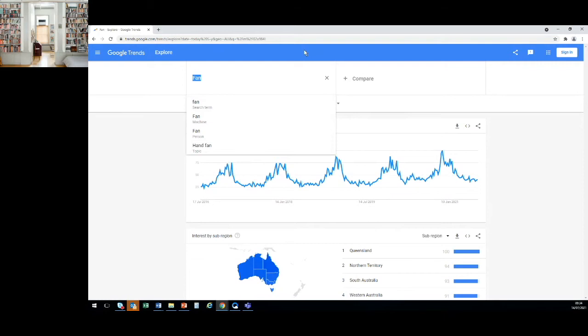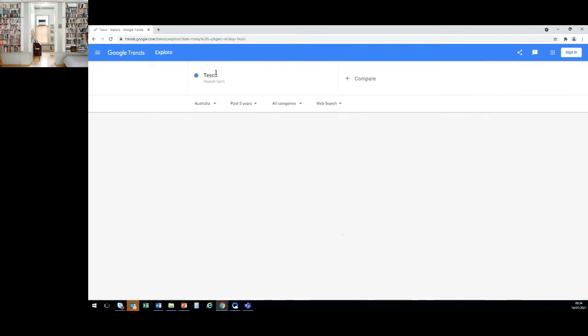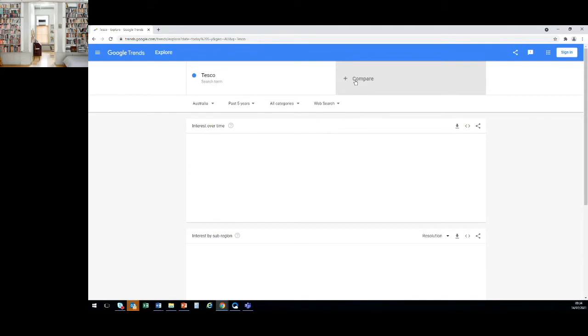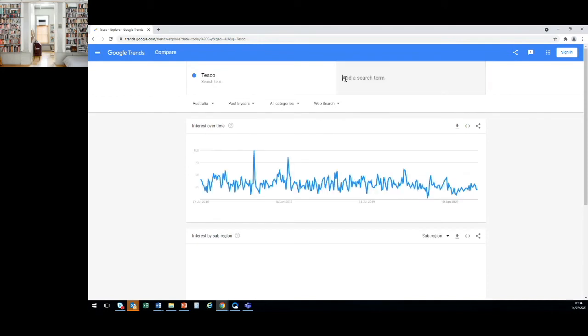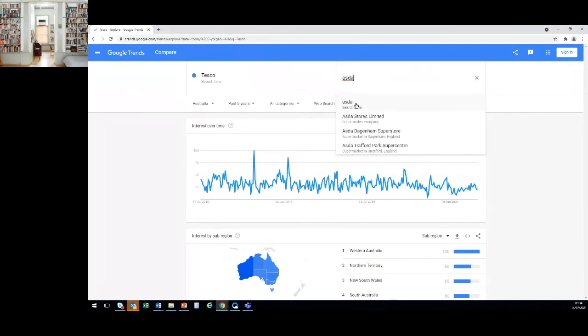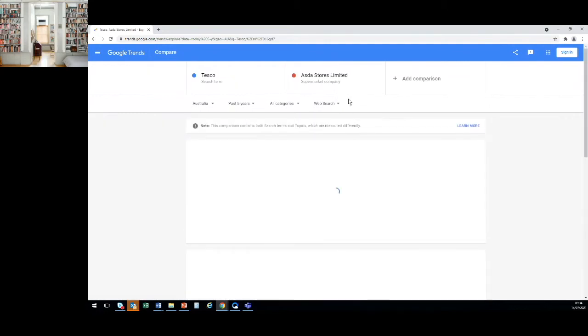First of all, I'm going to look for a very famous supermarket here, Tesco. Other than Tesco, I believe there are some other supermarkets that are also very popular, maybe Asda. So I look for the supermarket company.